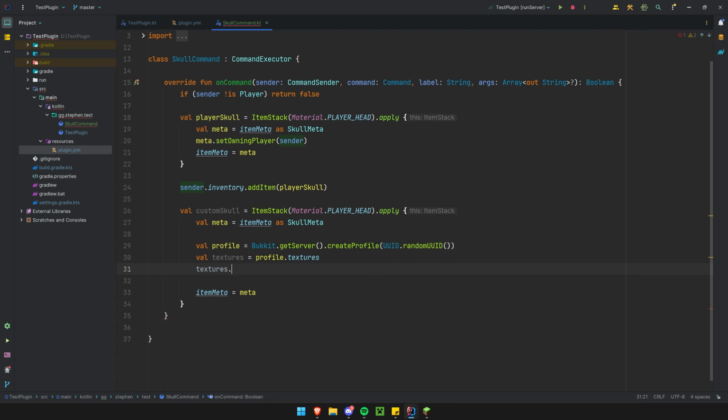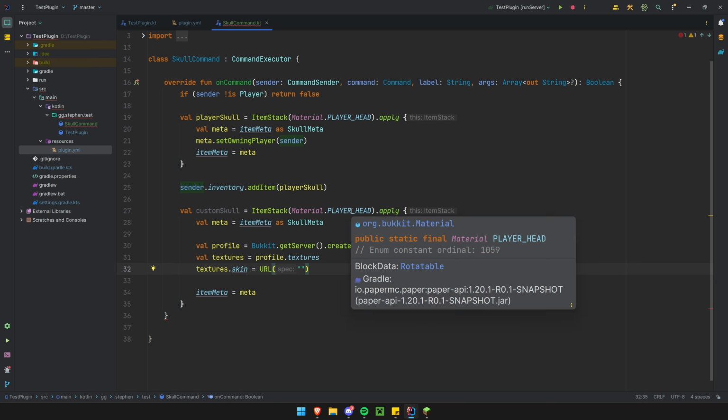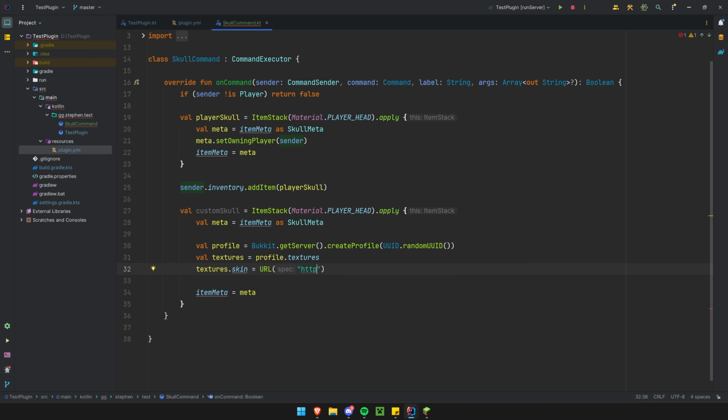So we're going to do textures.skin equals, and then we're going to create a new URL, which is essentially just a string on steroids, representing, of course, a web URL. So we create a new URL, and then in here we put the actual string to the URL. So this is where it gets a bit messy, but we'll live with it. So you want to pop in the exact URL. In fact, I'm even going to write it out so we can write it out together, and there's going to be no mistakes. We'll do http